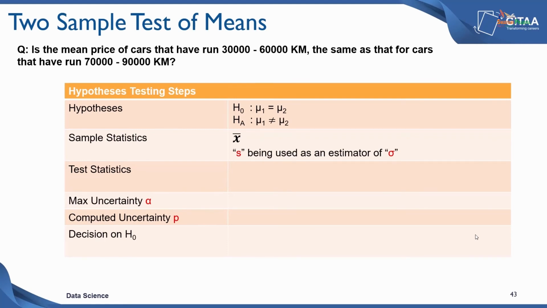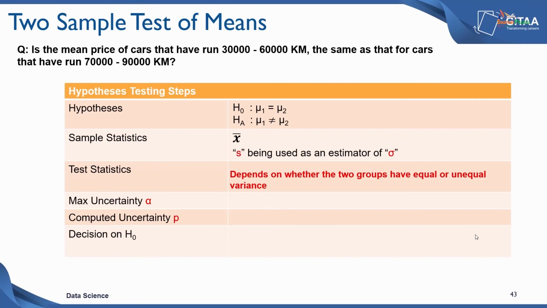And let us look at what is the test statistic that we need. Now, for the test statistic when you want to compare means of independent populations, the choice of test statistic depends on whether the two groups have equal or unequal variance. There is a slight difference in the kind of formula that gets used to compute the test statistic. In cases where the variances are equal, there is one kind of formula that gets used, and when the variances are not equal, a different formula gets used.